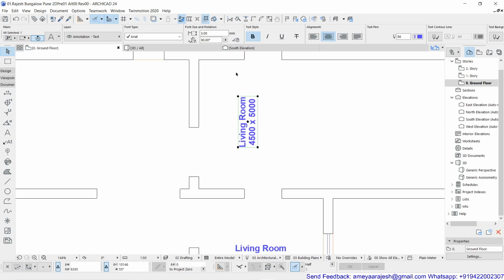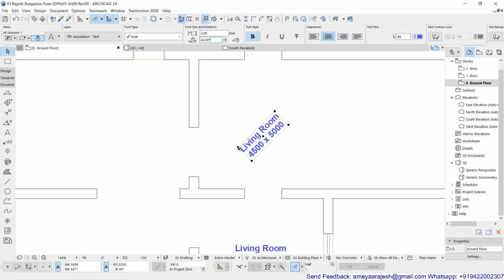Or otherwise, if you check the angle in the info box while the text is selected, it is written as 90. You can type whatever angle is suitable for you, and that becomes your text rotation angle. So if I say 45, you check what happens: this becomes your reference point, the default justification point.